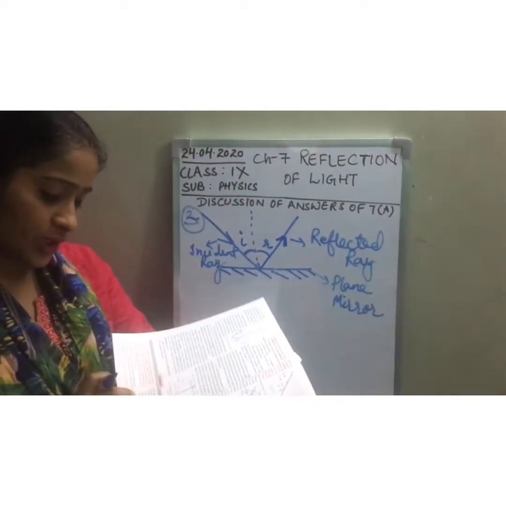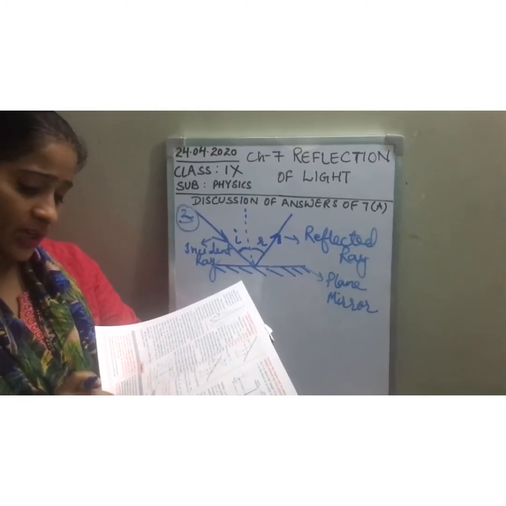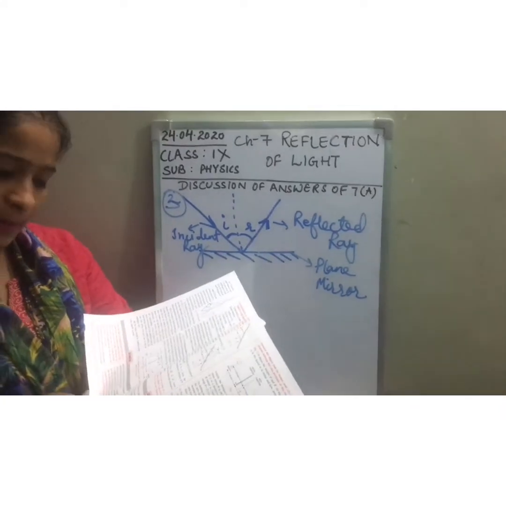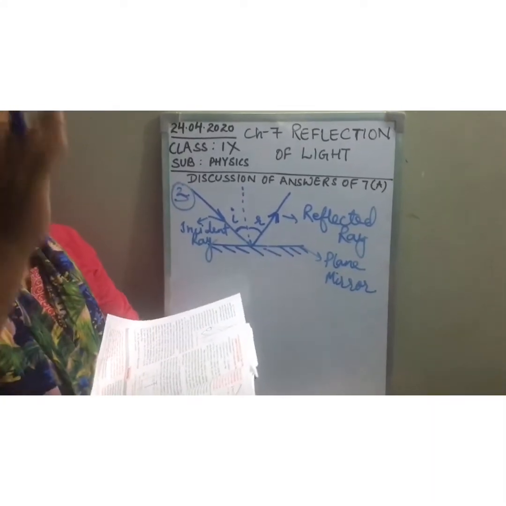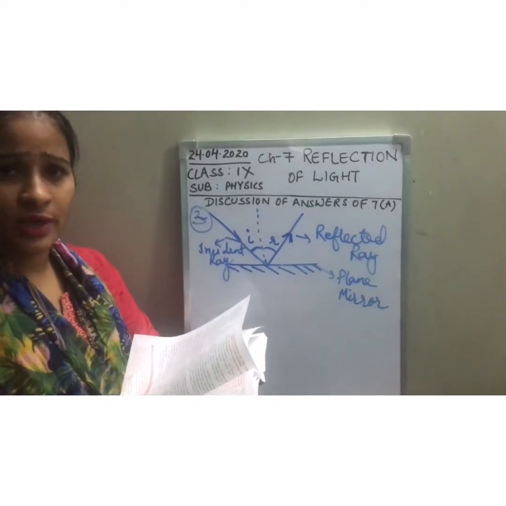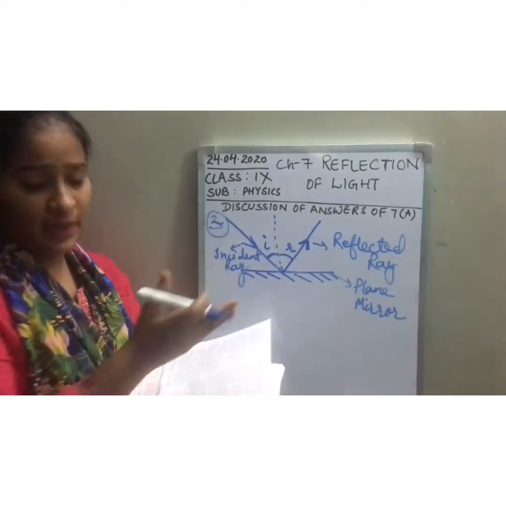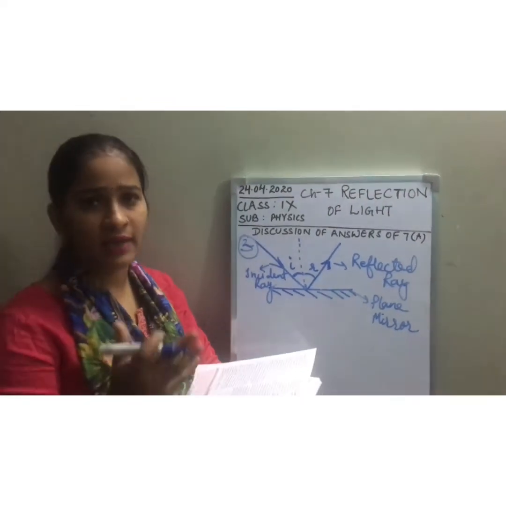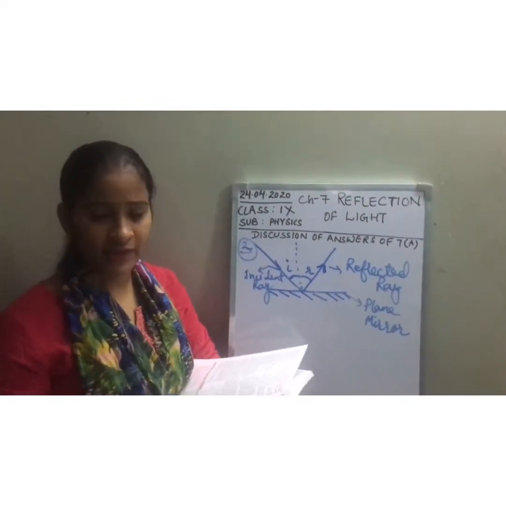Now the next question is: differentiate between reflection of light from a plane mirror and that from a plain sheet of paper. You can do it. A plane mirror is a defined object, so you can draw it as we are drawing this, and a plain sheet of paper, it's in space. From anywhere light can come and it can reflect as well.